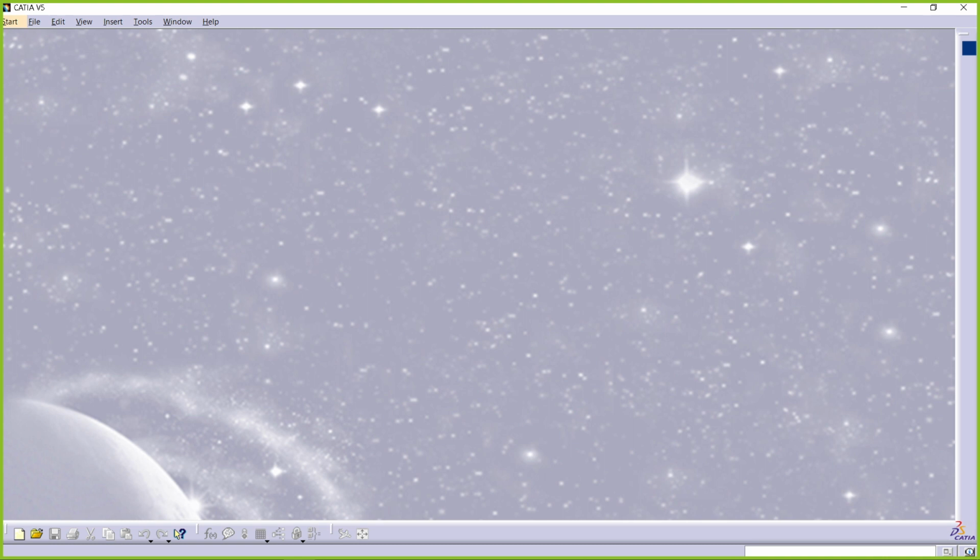Okay. So if you don't have any doubts on generative shape design, then we can switch to sheet metal design. Okay, sir. Please. Okay. So